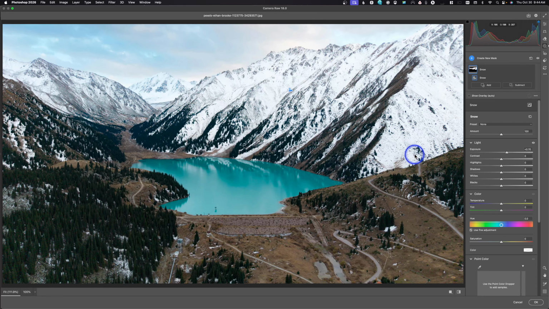What we're going to do is slide on over to Adobe Photoshop, and I will show you everything that's new